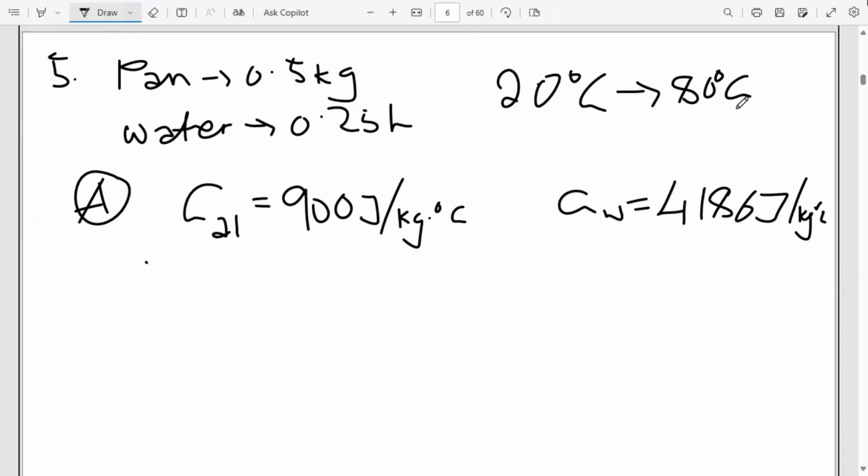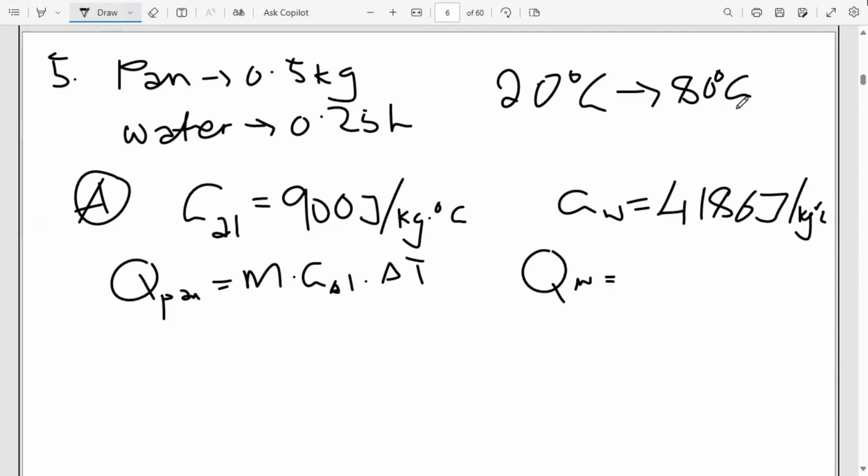The formulas that I told you: the Q, the amount of heat used to raise the temperature of the pan, will be equal to the mass of the pan multiplied by C of aluminium multiplied by the change in temperature. The Q of water will also be equal to the mass of the water multiplied by the C of the water multiplied by the delta T. So the amount of heat used to raise the temperature of aluminium will be equal to